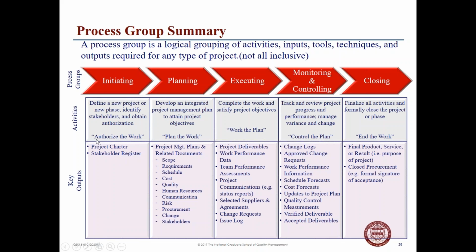So once we have that in place, we now begin to look at what's the plan. How are we going to obtain those objectives? What is our work plan? So we look at what's the scope, the requirements, how do we schedule it, what are all the other key pieces to it that we talked about earlier, communication, risk, procurement. Again, so all of the planning that goes into this.